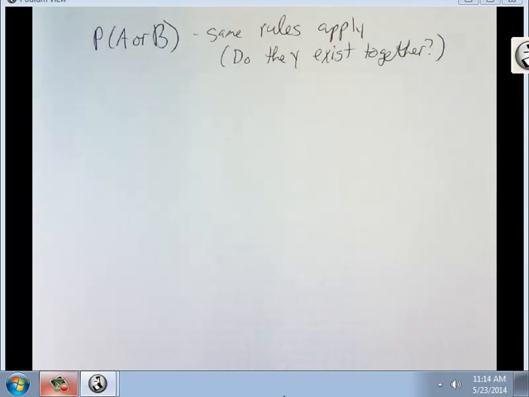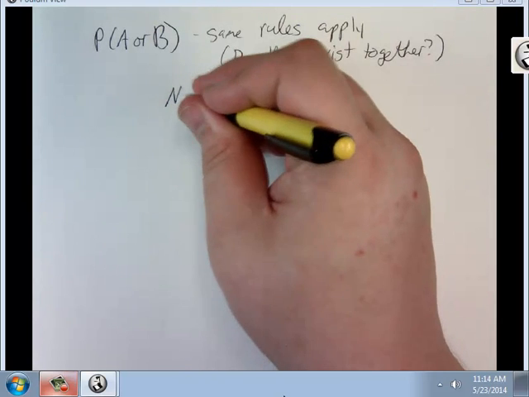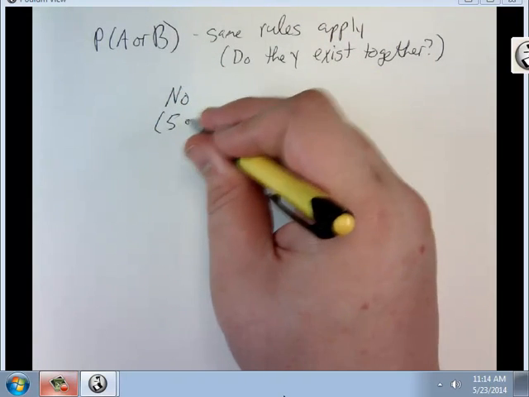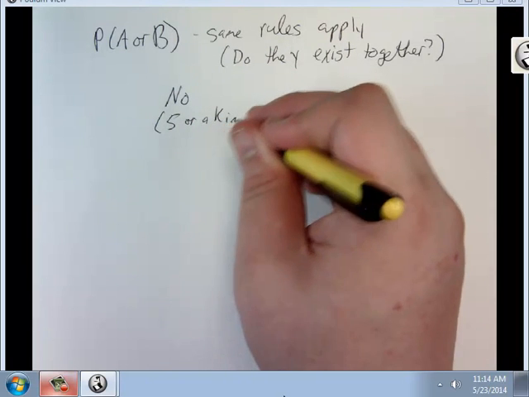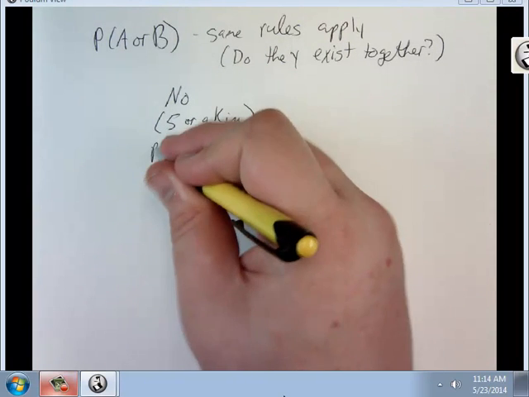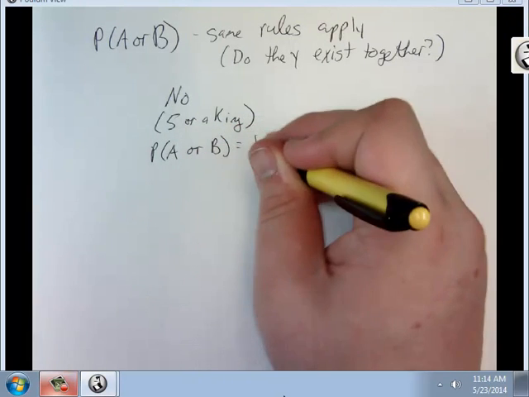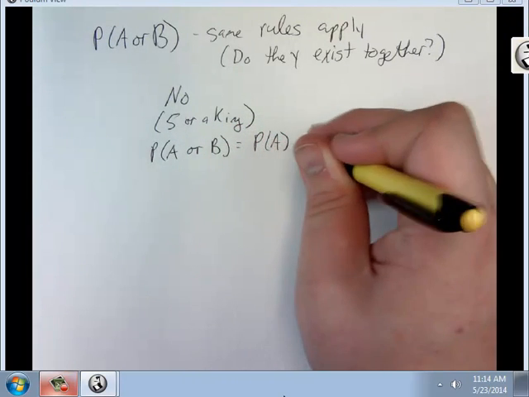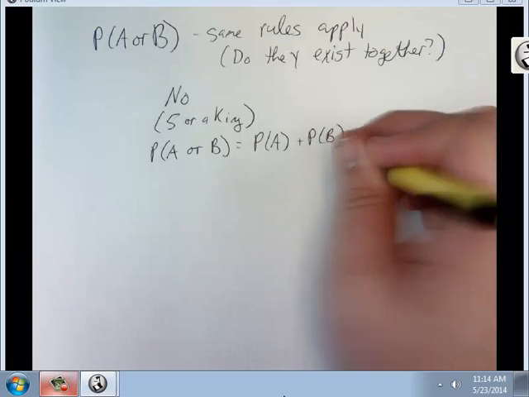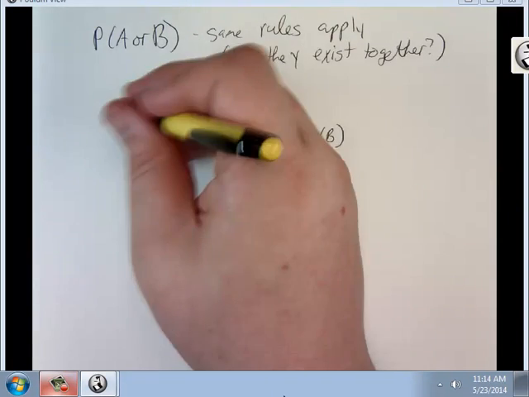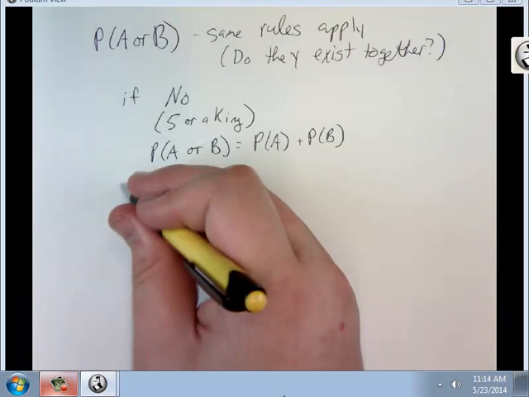If no, like a 5 or a king, probability of A or B equals probability of A plus probability of B. So that's if no. If yes,